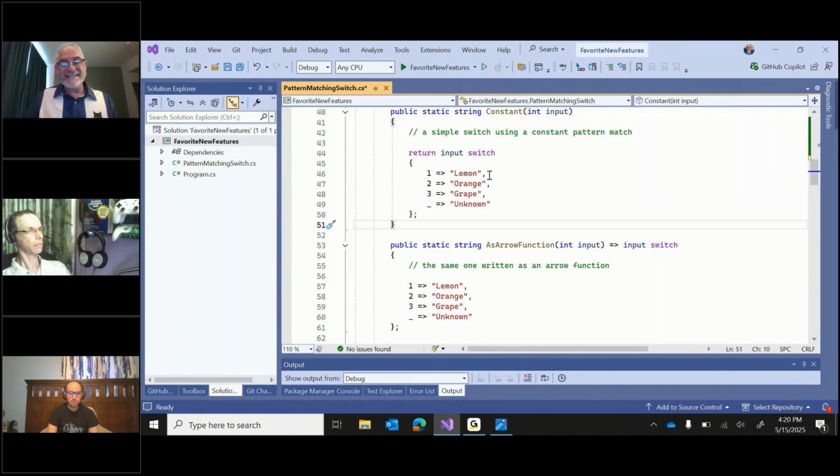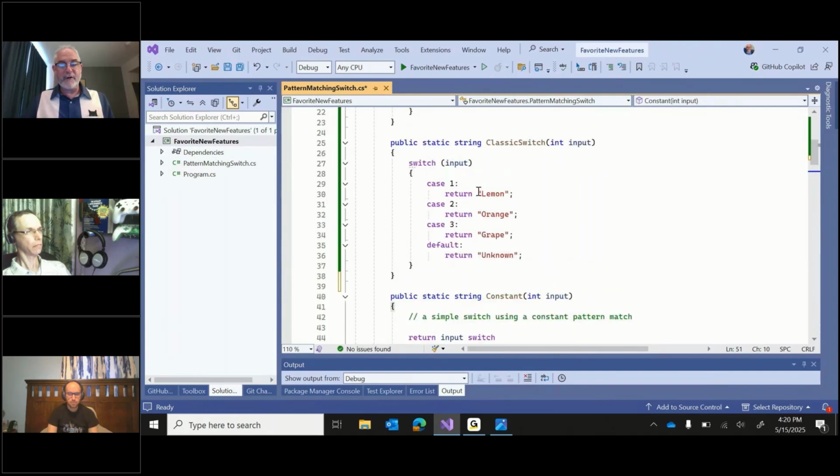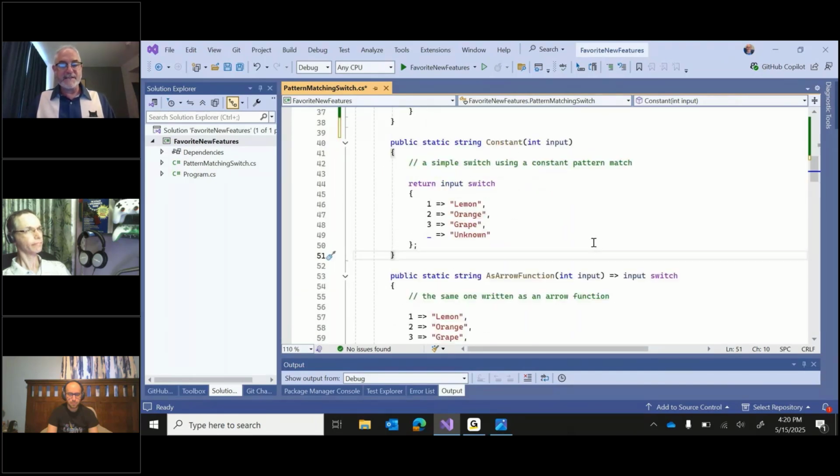That's the simple basic example, and as a way to remember: with the old one, the keyword goes first, switch input, but with the new one, it's input switch. The switch comes after, and it doesn't get enclosed in parentheses. So if you don't get anything else from this lightning talk and you just remember that this syntax exists,